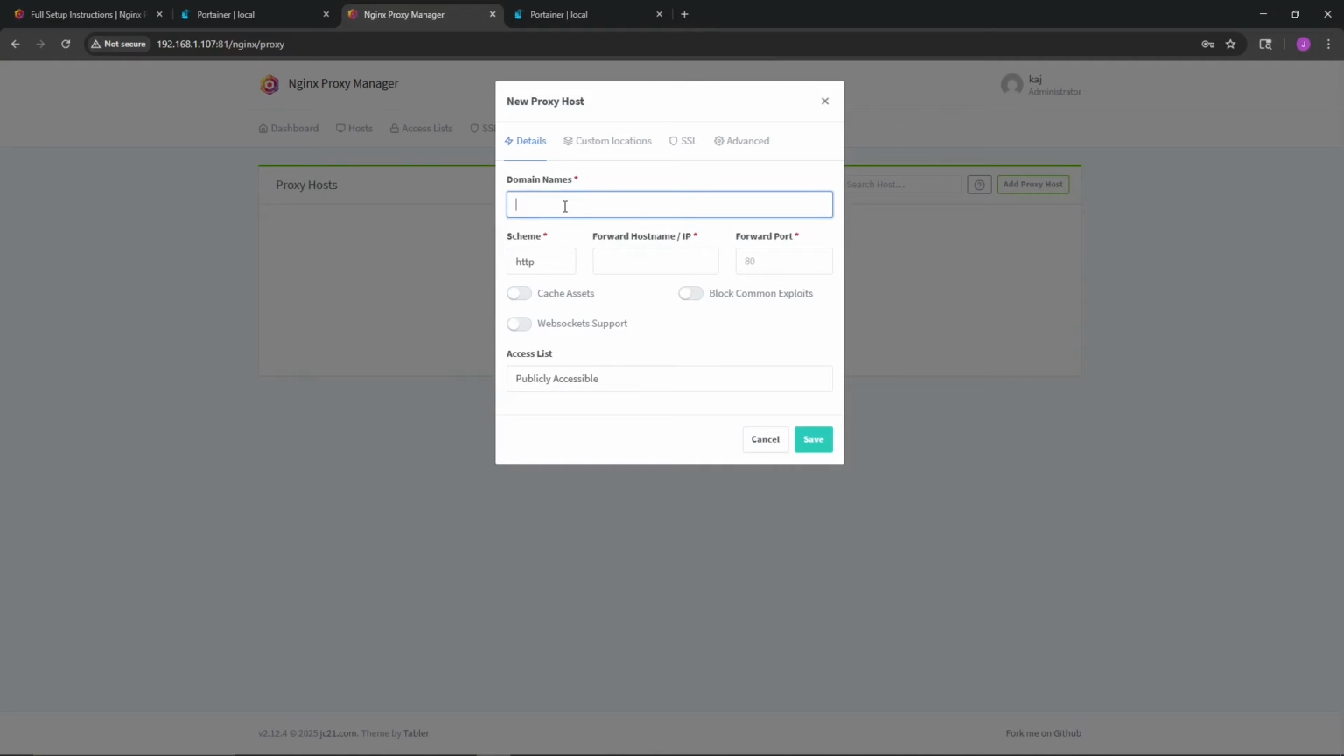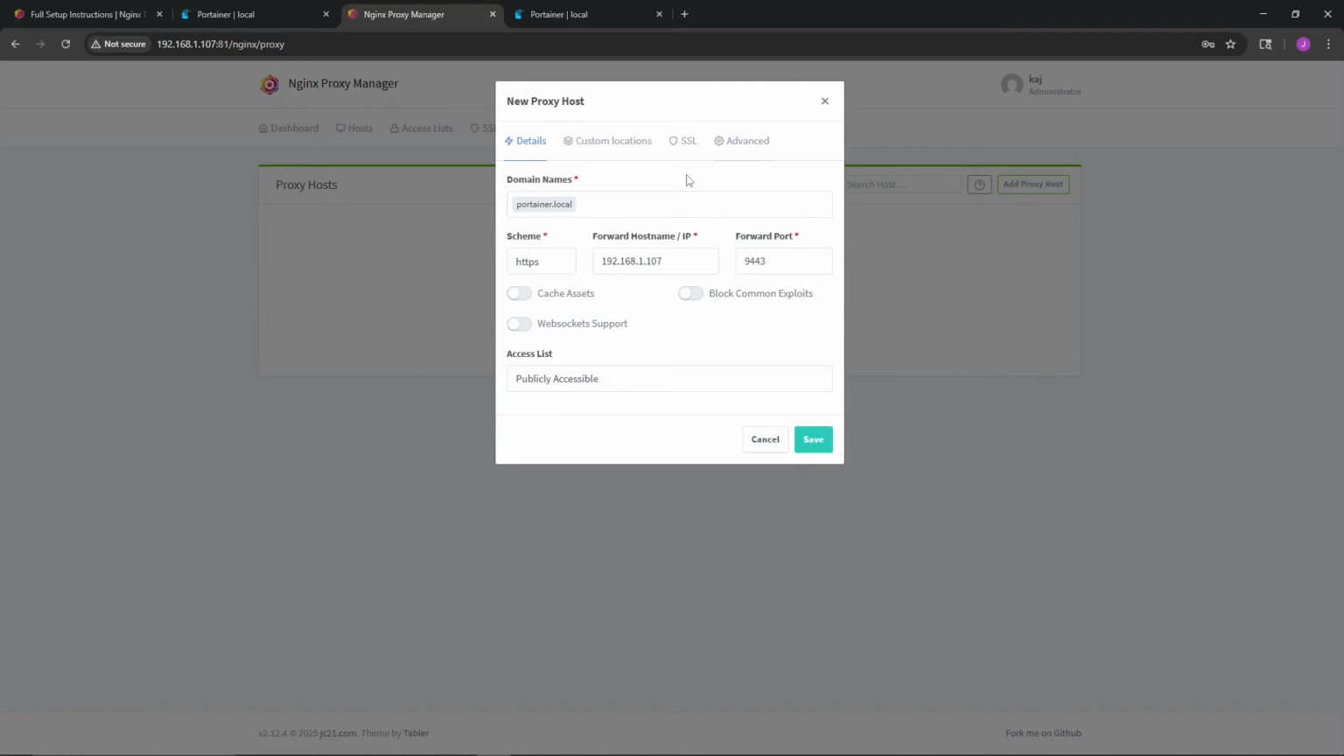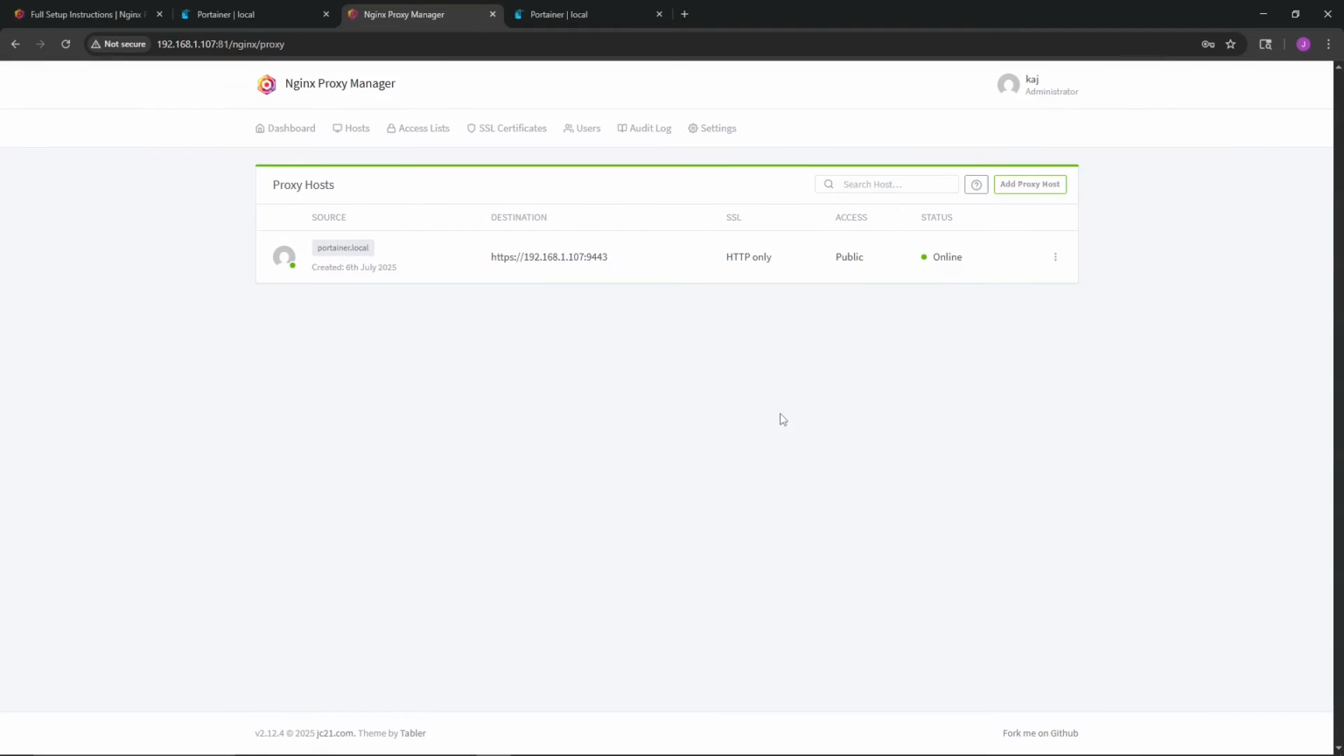So the domain name is what we want: portainer.local. I'm going to add that. We're going to change it to HTTPS. This is going to be the IP address, so this is going to be hosted where it's hosted: 192.168.1.107, you can see here. And then the port was 9443. And then we have some other options which we could use, but in today's case this is all we need. Click on save. But first we're going to have to update our DNS server,